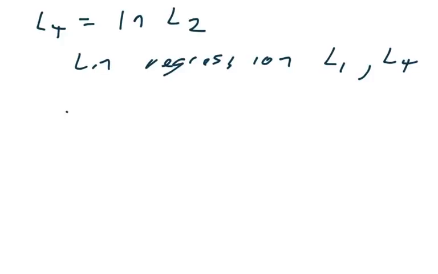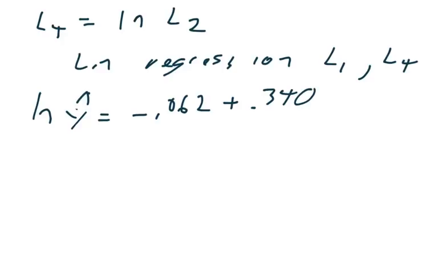And we get y equals negative 0.062 plus the ln, and I really should use radius and price, but for right now we're just using y and x, and the natural log should have been for y, not x. So negative 0.062 plus 0.340x,